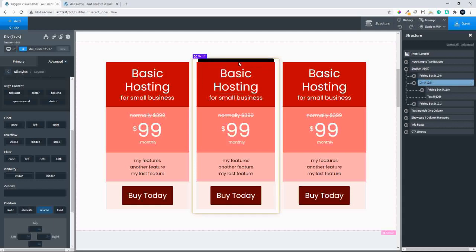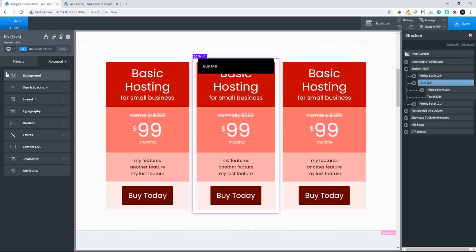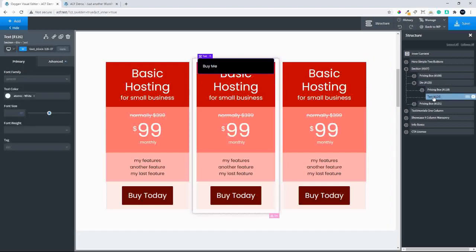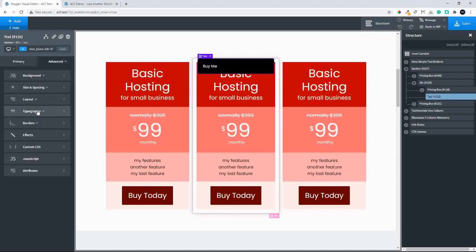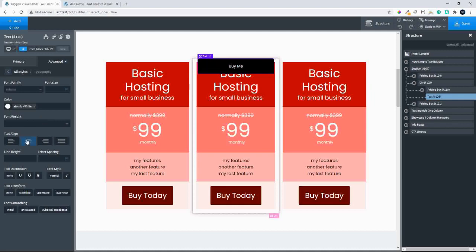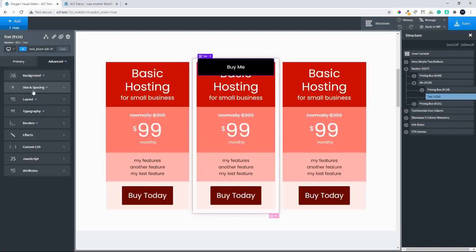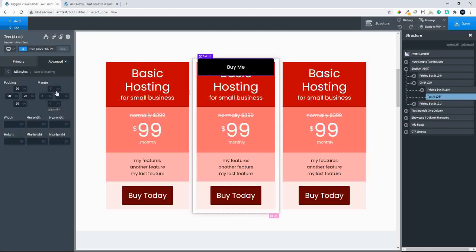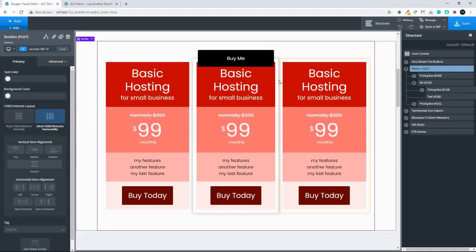So I don't want it to be where it is now because it's actually overlapping. Before I do anything else, I'm going to head over to the text item, and let's go to typography, and let's change that to center alignment, and maybe I want to make that a little bit bigger. Right, and in order to move that out of the way now, I'm going to head over to size and spacing, and I'm going to give that a negative margin of 20. And you'll see that with a little bit of manipulation now, I can set that to be above,